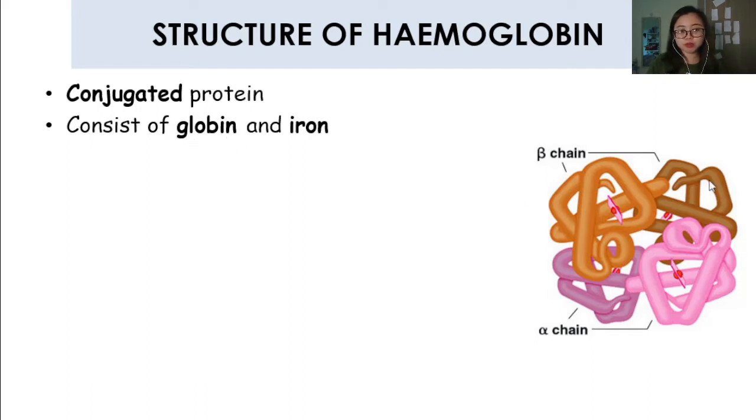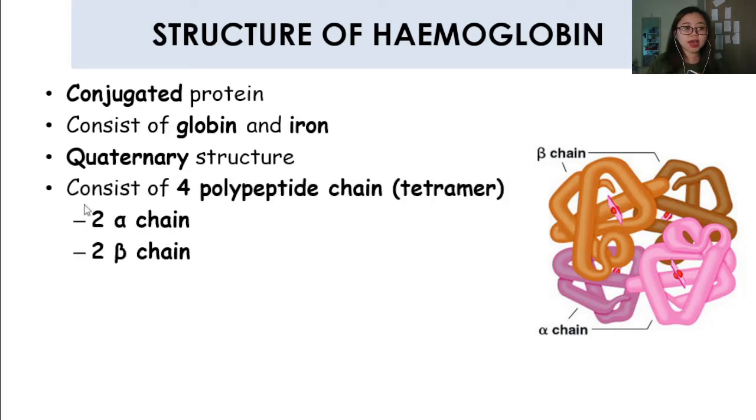Globin is the name of the protein itself, okay, the protein amino acid chain, and iron is the prosthetic group. Hemoglobin exists in a quaternary structure protein, and it consists of 4 polypeptide chains. When we have 4 polypeptide chains, we call that a tetramer. Tetra meaning 4. So in the 4 polypeptide chains, 2 of them are alpha chains and 2 of them are